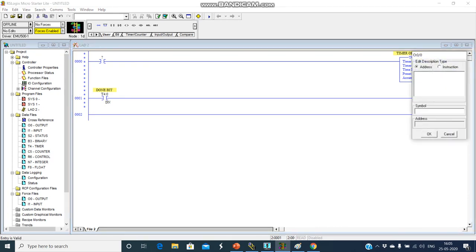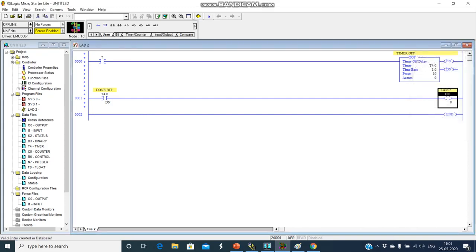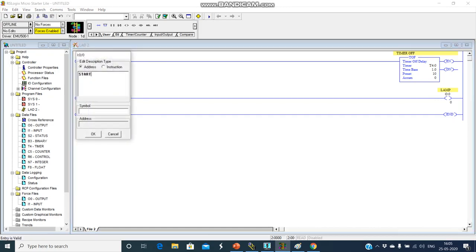This will be your lamp. You need to specify the input I0:0. This is your start switch. Since we are using the same switch for both start and stop, you can label it start and stop.